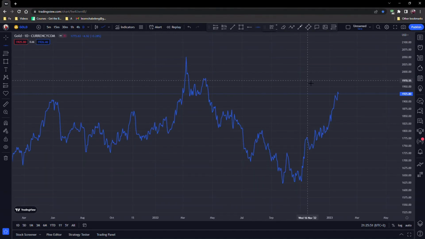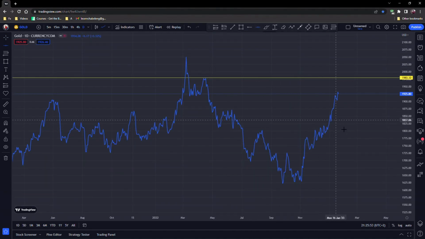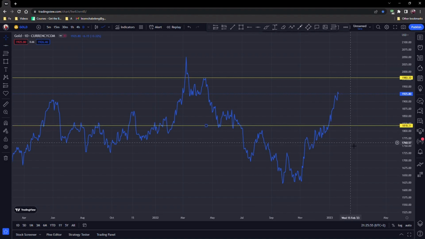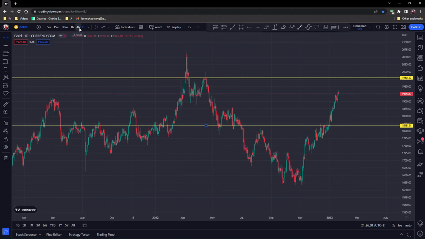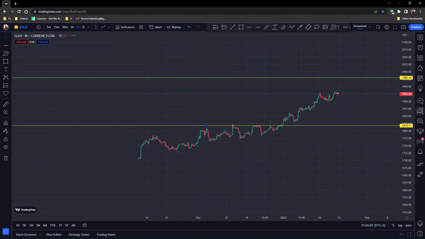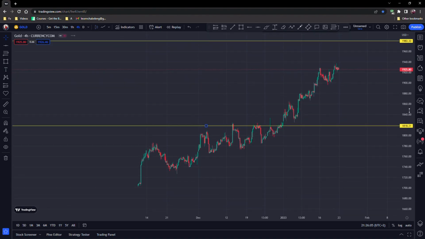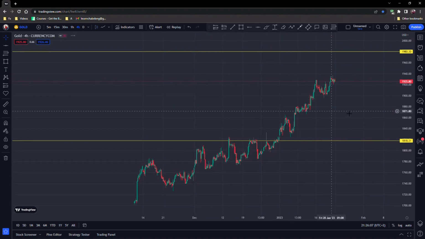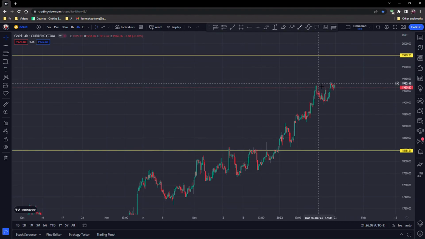Looking at gold, we're going to plot our weekly high and our weekly low. When we're not seeing anything on the daily time frame, we're going to go to the candlesticks and onto the 4-hourly time frame. Again, with gold, you can see that we are still in that bullish movement. We did have that correction phase, but right now we've created another higher high and higher lows. We are still continuing that bullish